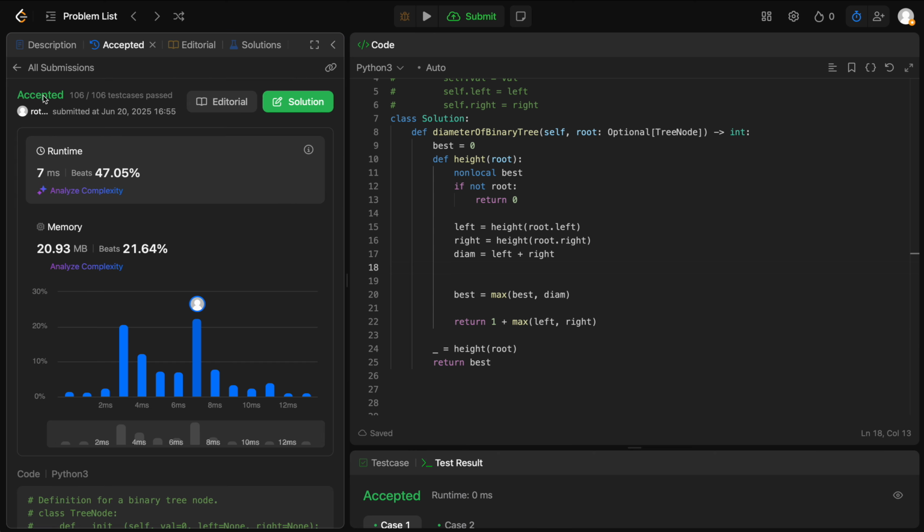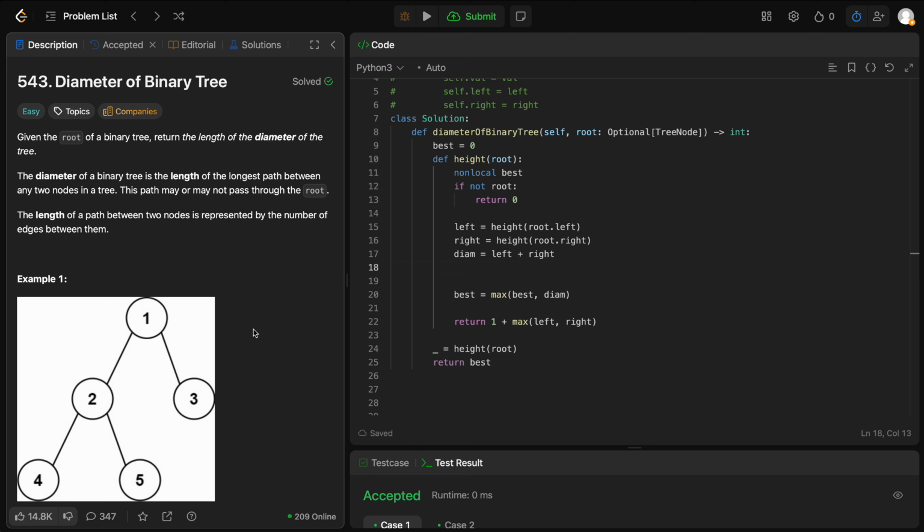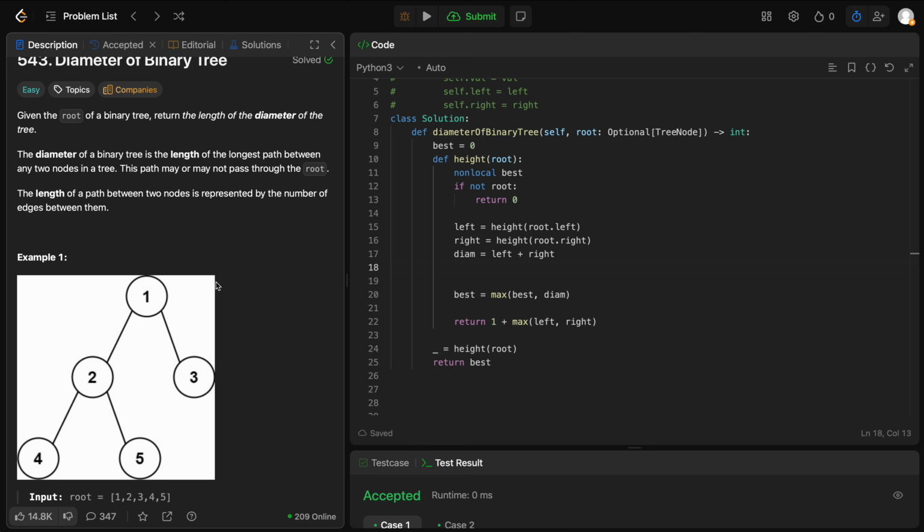Okay, so I did it now. Much better. So I have left is, so I'm here. I have height from root left. One. So it will be height from root left will be